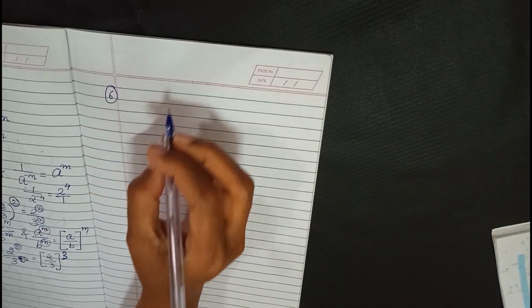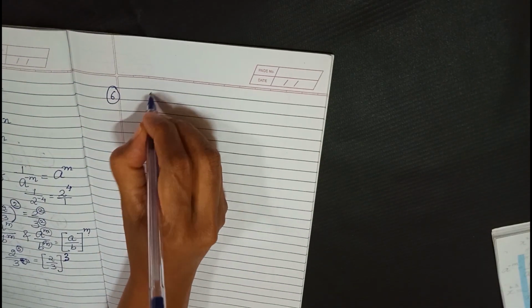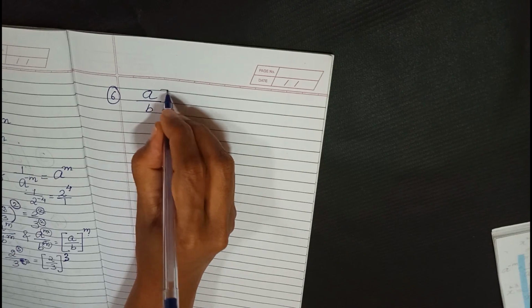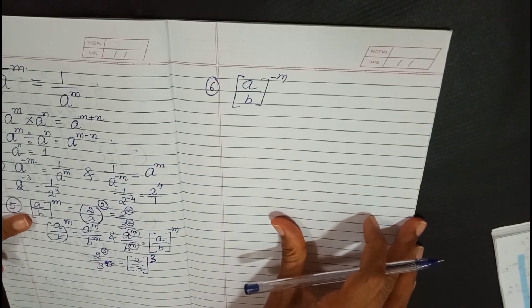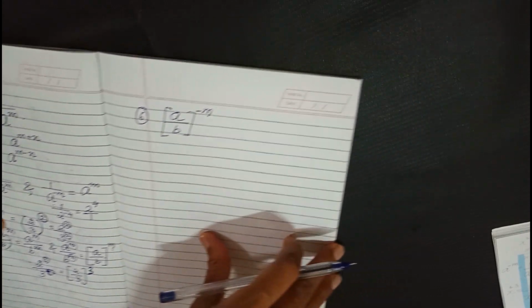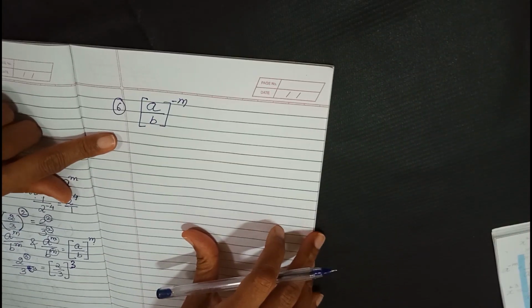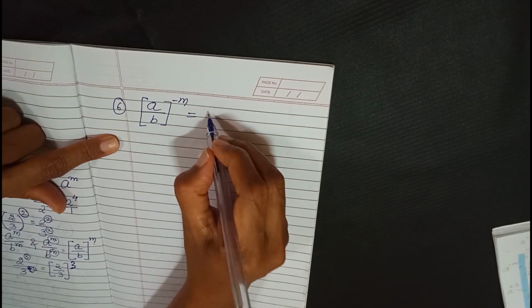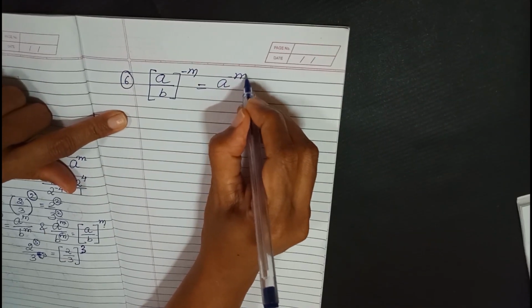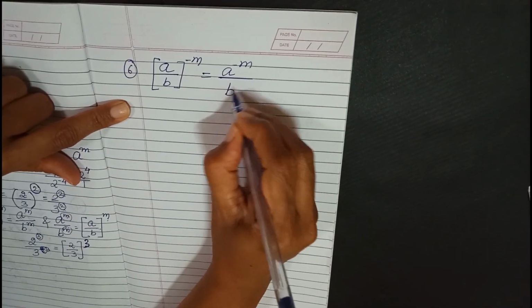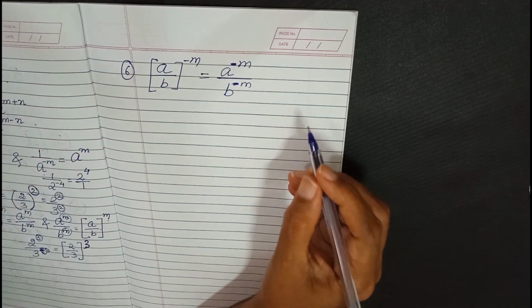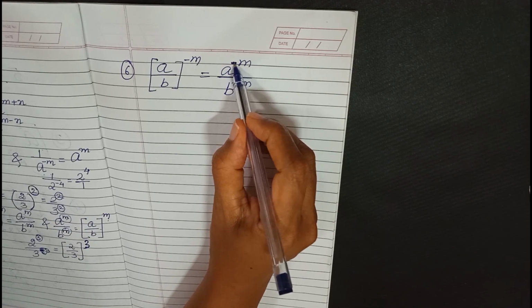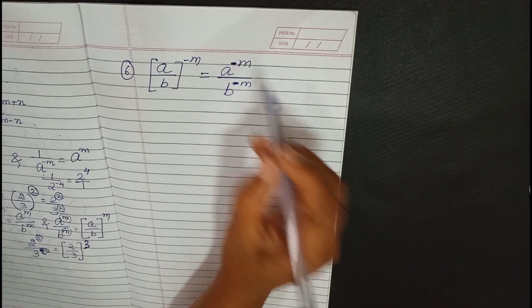Now let's go to rule number 6. In rule number 6 we have the negative power instead of positive power. You can see in rule number 5 we did a positive power. In this rule we are doing a negative power. Now the rule remains the same. That means the power is for both the numbers, for A also and for B also. And as we had discussed, this negative sign just indicates that the position is wrong.